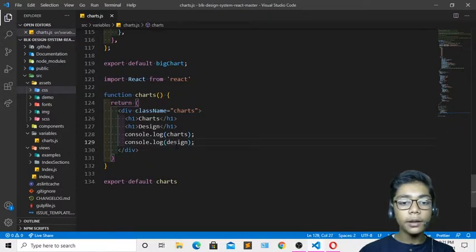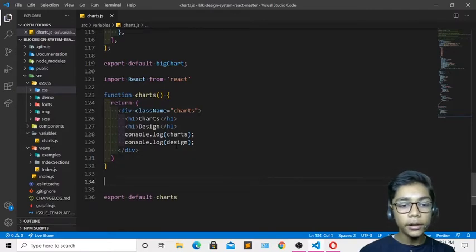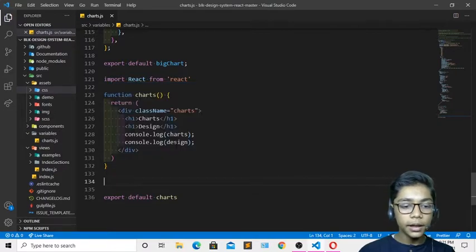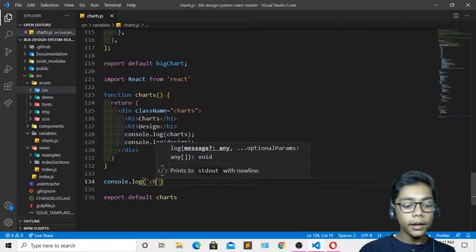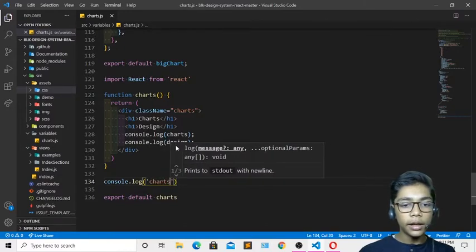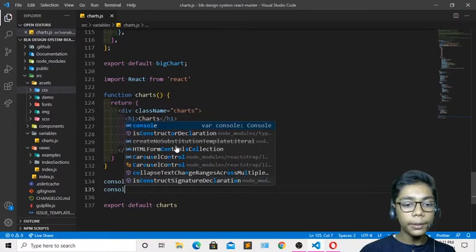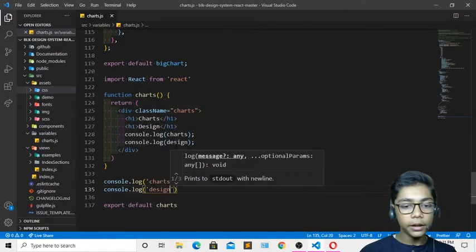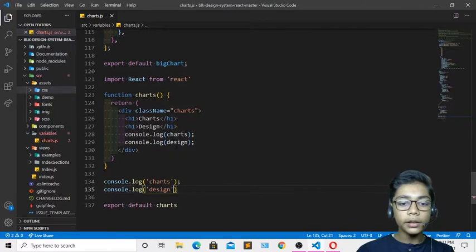Now when you've done that, I will be coming underneath again and I'll be just erasing this now. So here we have done that. I will be coming underneath now again, and in that I will be writing another thing which is called chart. So first of all I'll be erasing, and then I'll be writing that console.log, and then I will be writing another thing which is called charts. So here you can see we have done that. Now I'll be writing console.log. In that I will be writing design. So now when you've done that, I'll be writing this closing sign. Now here we have done that.